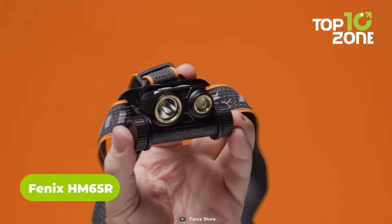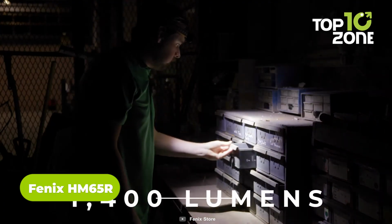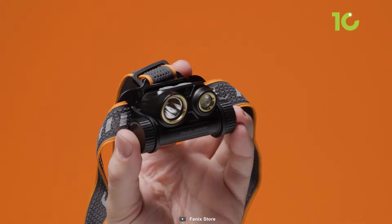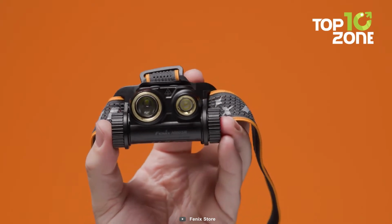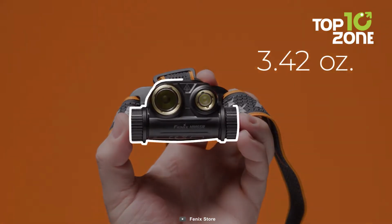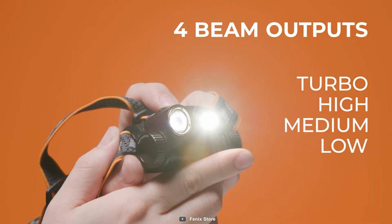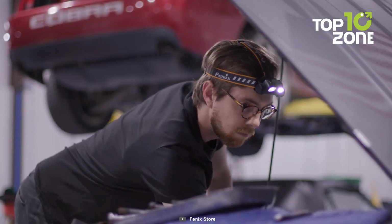The Fenix HM65R headlamp emerges as a guiding light for the avid hiker. Emitting a brilliant 1,400 lumens, this beacon of brightness pierces through the night, unveiling every twist and turn on your nocturnal escapades. A mere 3.42 ounces in weight, this headlamp is an embodiment of lightweight convenience, allowing you to traverse